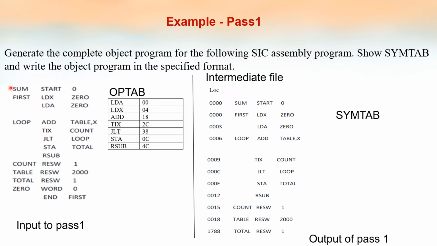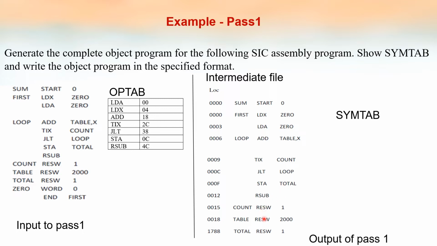Then this is an assembler directive, not an instruction, so it does not have any length, and object code is also not written for this. So for the next line it will be 0 only. Then this is an instruction of length 3, so 3 is added. So for every line, 3 is added. Addresses are written in hexadecimal notation, so while adding 3, we have to add with hexadecimal numbers. Each instruction is of length 3.